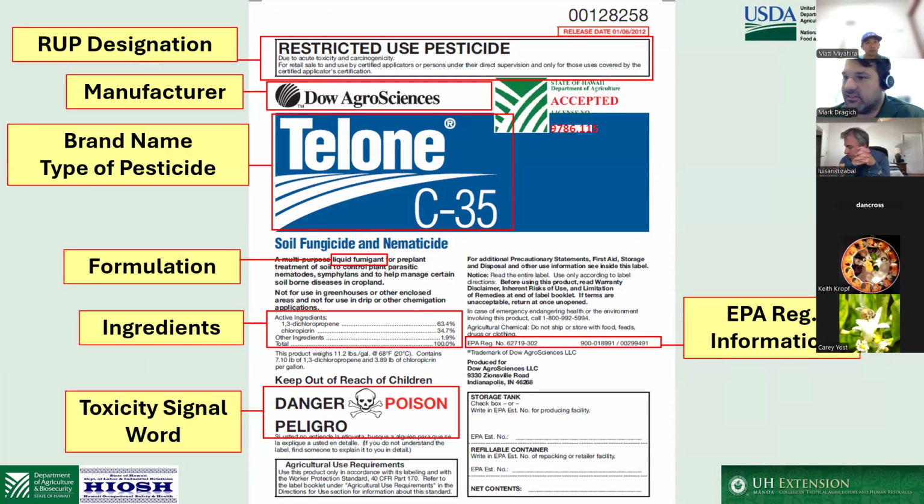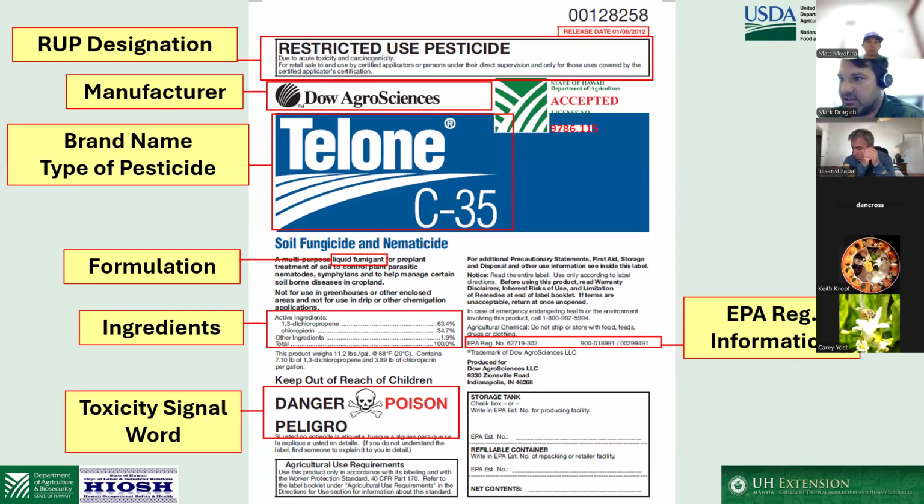Okay, here's another label here. This one you can see danger poison, right? This is the highest level signal word you're going to interact with on a pesticide. You can see at the very top that this is also a restricted use product. All federally restricted use products will have this on the top, and you won't be able to buy it unless